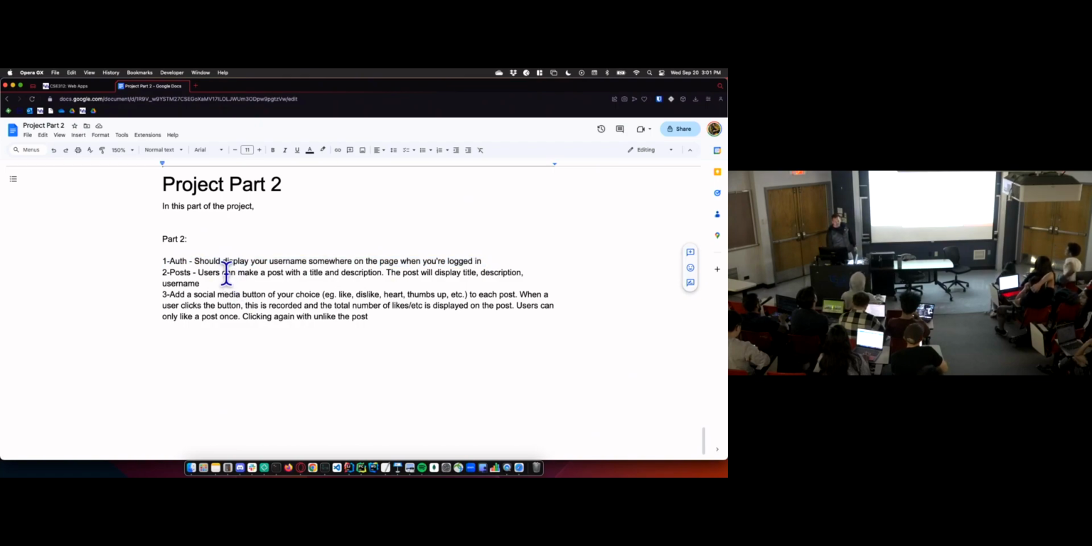Number 2, users can make posts. Once they're logged in, they have some form where they can submit a title and a description for a post, and that post will appear somewhere on the page with their username. And then